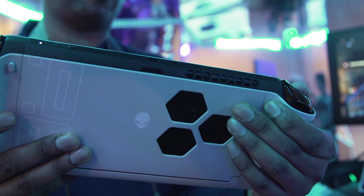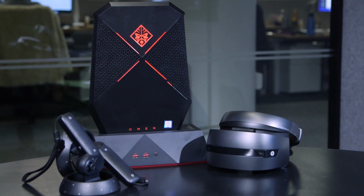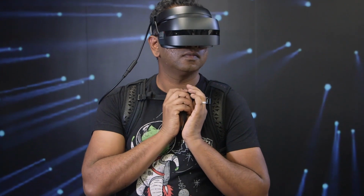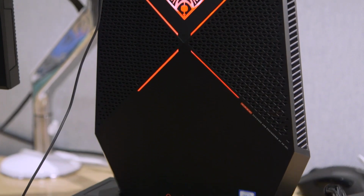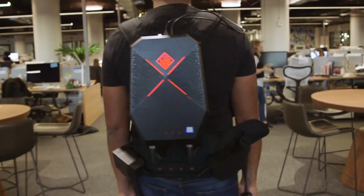HP did a really cool thing with the compact desktop that we reviewed a couple years ago, where that is something you can plug into a backpack and play for VR. But it's also a desktop system, and it can be docked to your TV. So we are seeing this really interesting hybrid of PC hardware getting to your TV, allowing you to play games more easily. This concept will definitely need more work, and if Dell ever ends up selling it, it'll probably have to come in pretty cheap too,